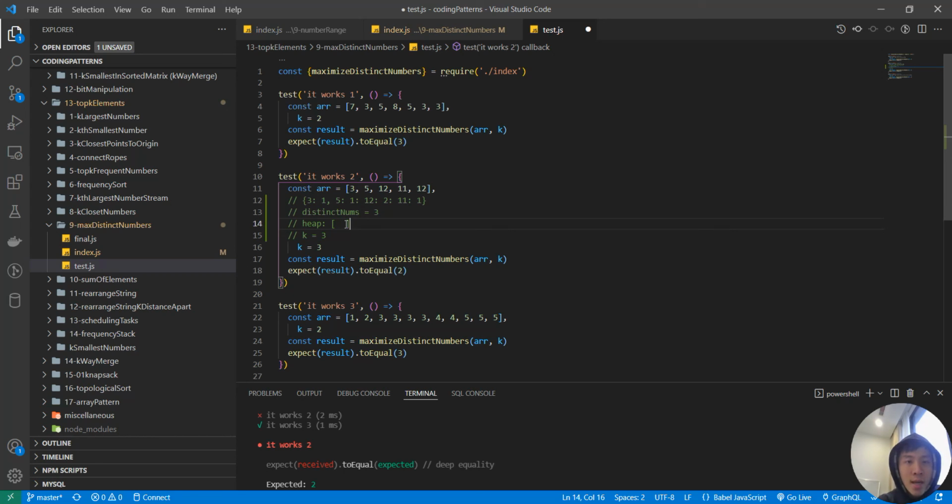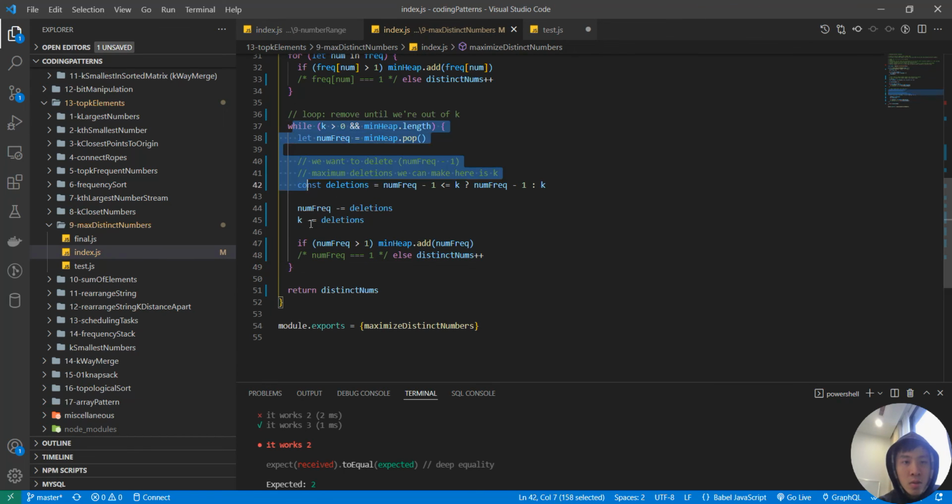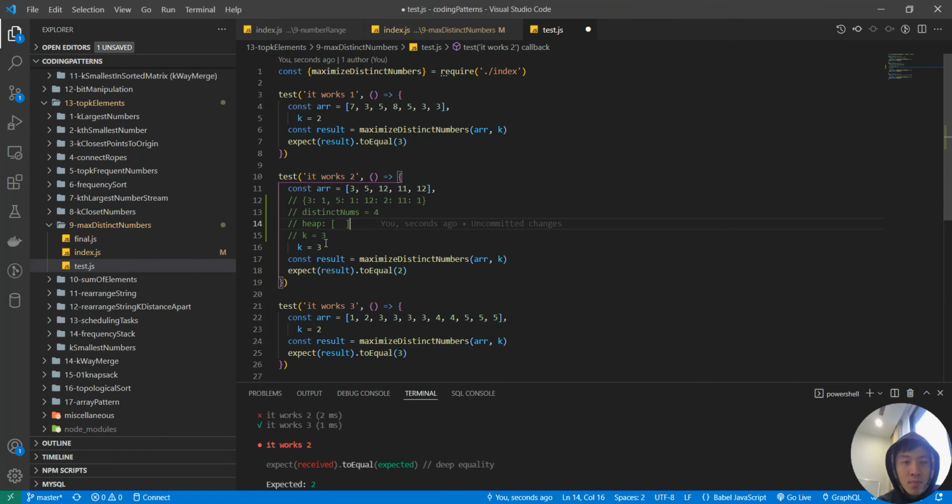So we take 2 out. We want to delete this 1 occurrence, so we are left with 1. And after deleting, we increment the distinct number by 1 here, right? But now our heap is empty, so we'll exit this loop. But because we only made 1 deletion here, sorry, 3 minus 1 is 2, so we are left with